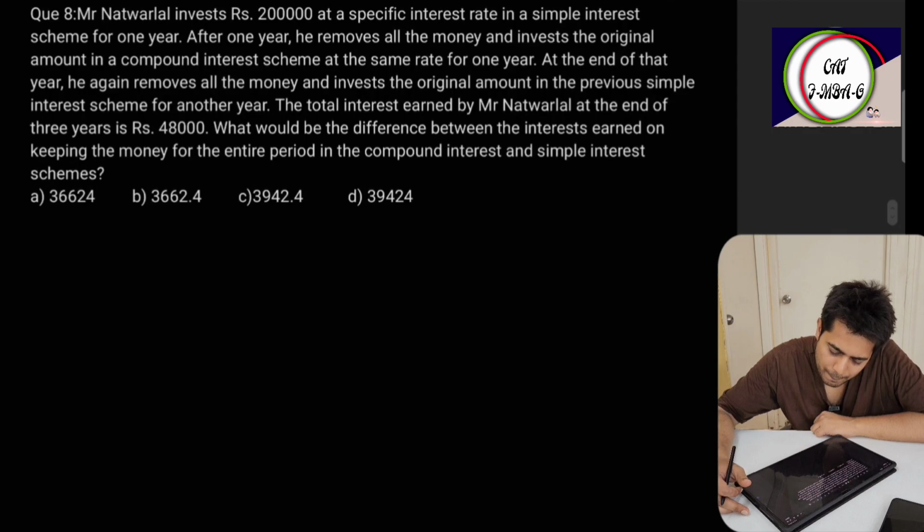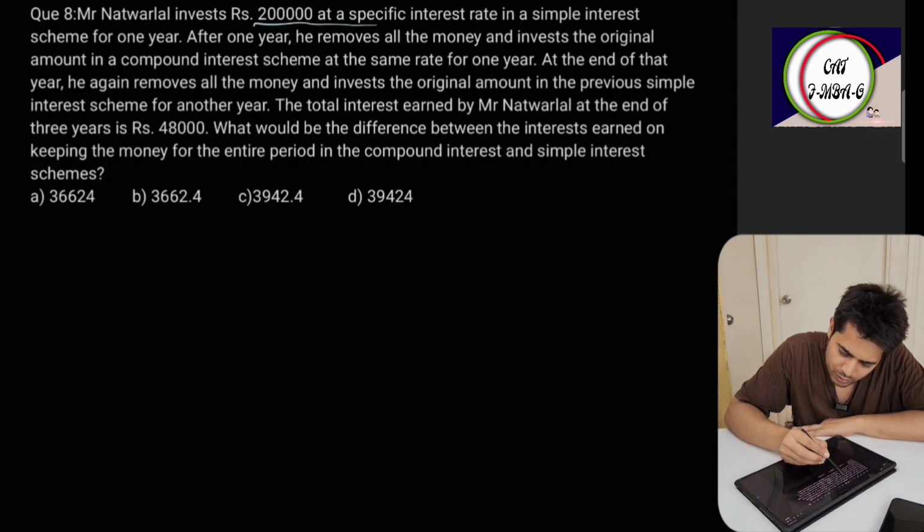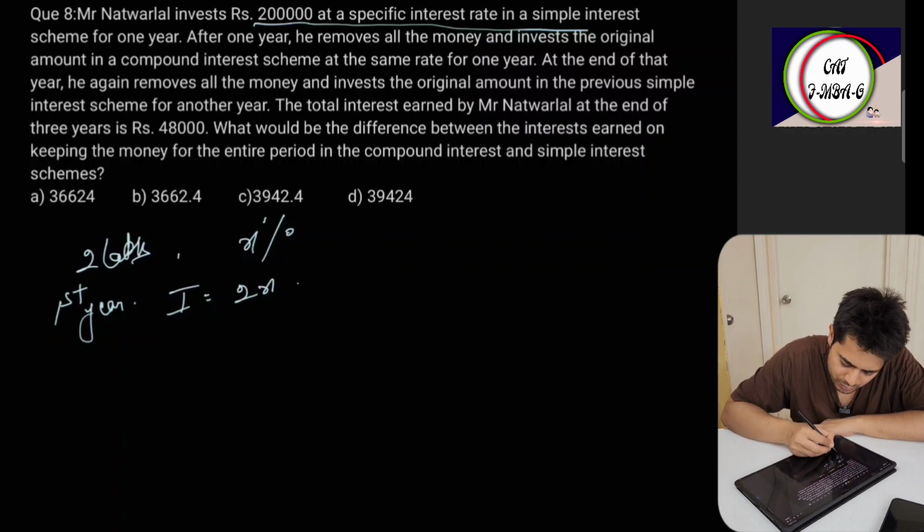Okay. Mr. Natwalal invests 2 lakhs at a specific interest rate in a simple interest scheme for 1 year. Okay. So 2 lakhs at a specific interest rate, let the amount be 2 lakhs and interest rate be X%. After 1 year, he removes all the money. So after first year, interest is equal to 2 into X. He removes all the money. Then